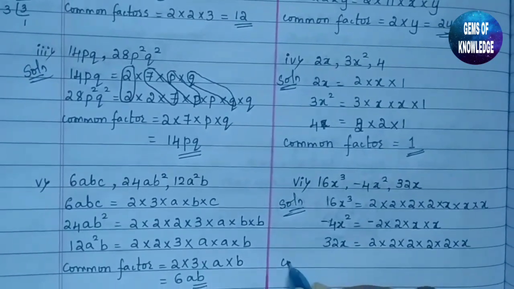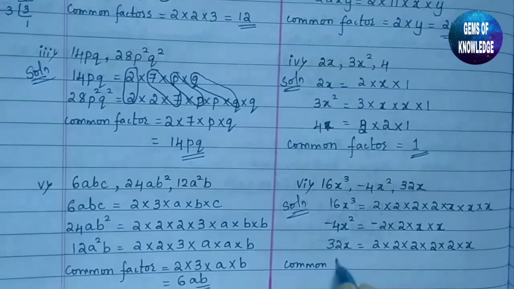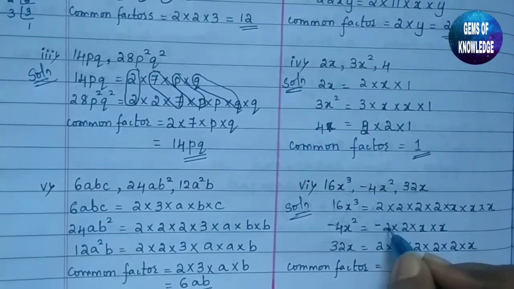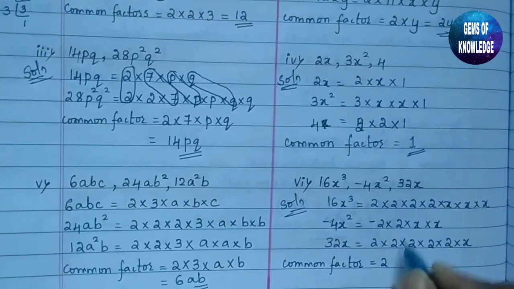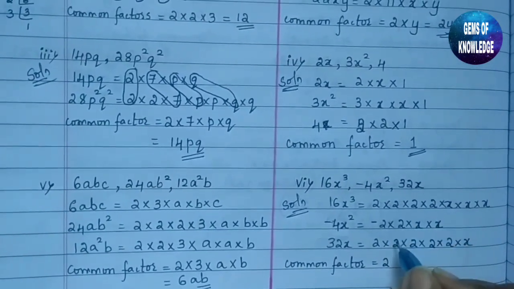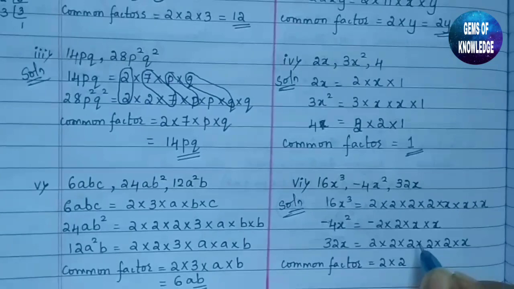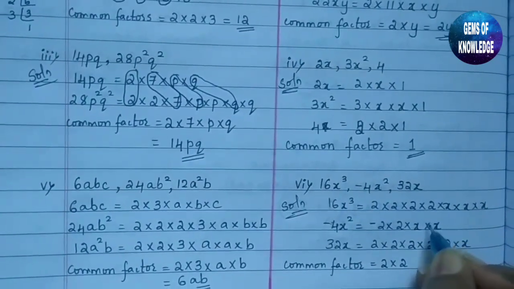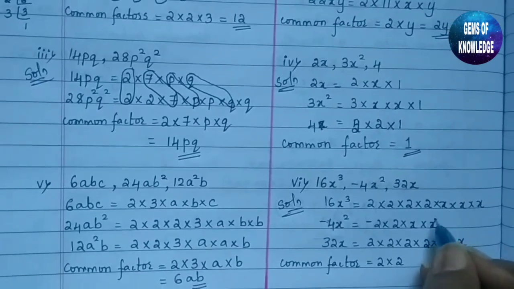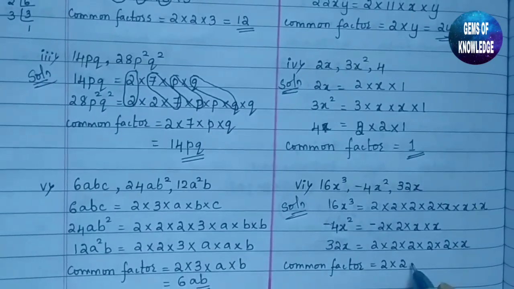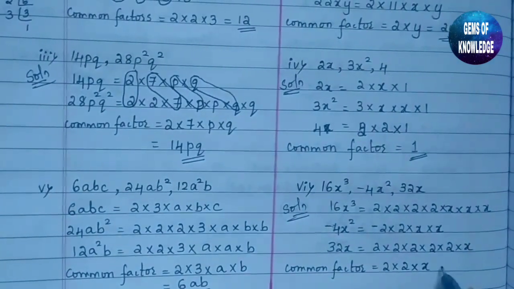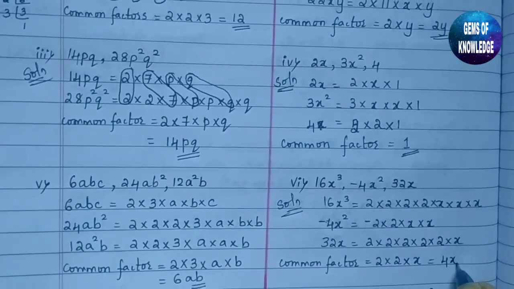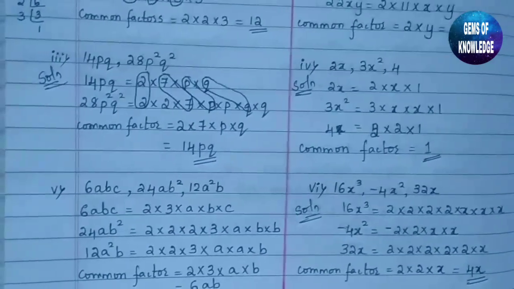So the common factor will be, 2, 2 and 2 is common. Similarly, 2, 2 and 2 is common again. So there is no 2 over here again. Here there is no 2 in between. Again x, x and x is present. So we can write it as x. So 2 2s are 4, 4 into x is 4x. This is the common factor.